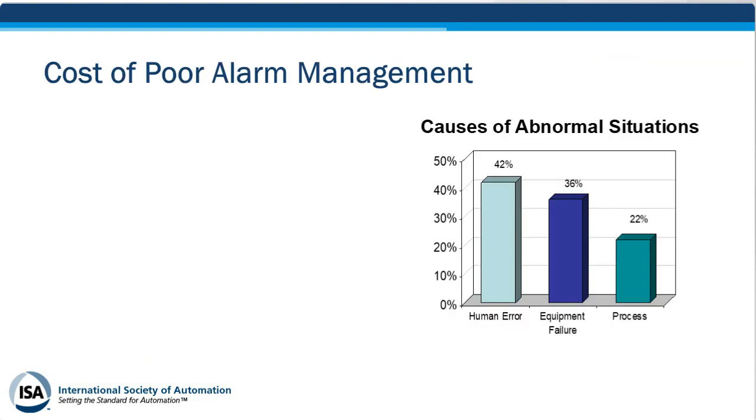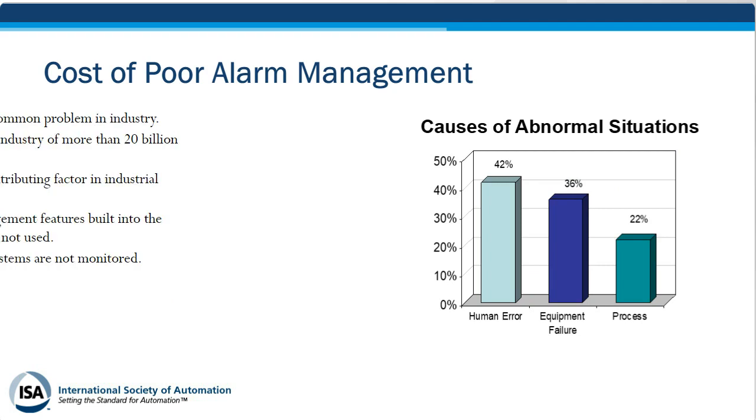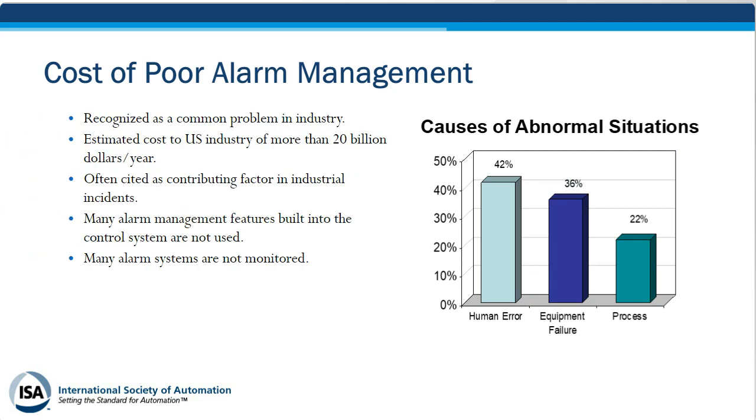So the cost of poor alarm management. How does it impact your bottom line? It's recognized as a common problem within industry. The ASM Consortium has done some substantial research, and they have estimated that the cost just to U.S. industry exceeds about $20 billion a year. As I mentioned earlier, it's often cited as a causal factor in many of our incidents within the process industry. And when I started in the industry back in the early 90s, many of